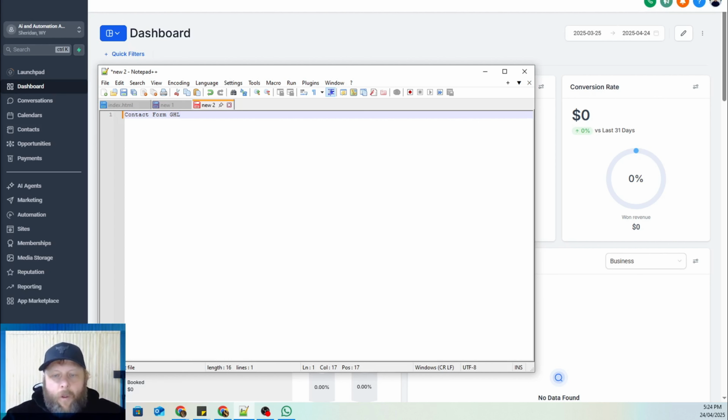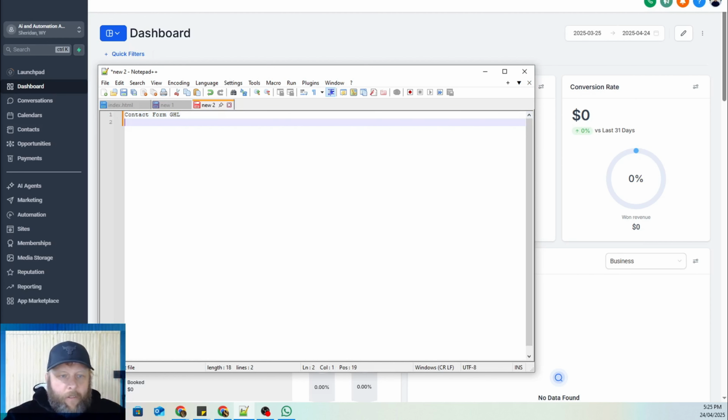If you don't know Highlevel, join the school group. If you're not part of the school group, it's in the classroom, heaps of stuff on Highlevel. But a contact form is a form that's going to sit on a website that you can add details in, and once you add the details, you can leave a message, and I'll show you where to find that. So contact form, we're going to have our calendar,